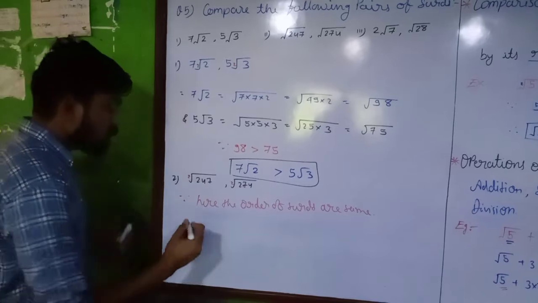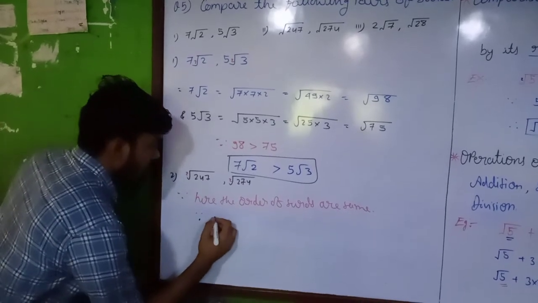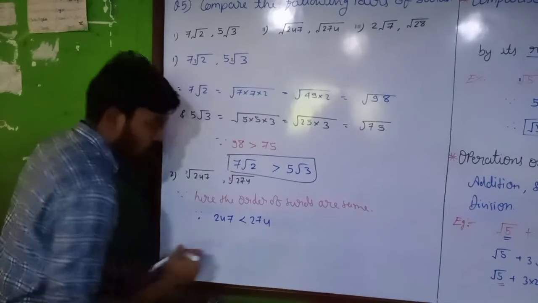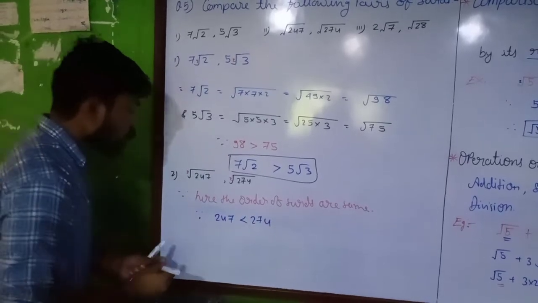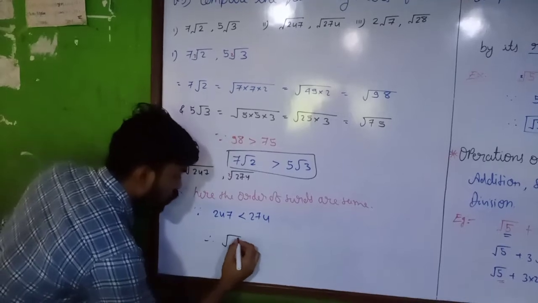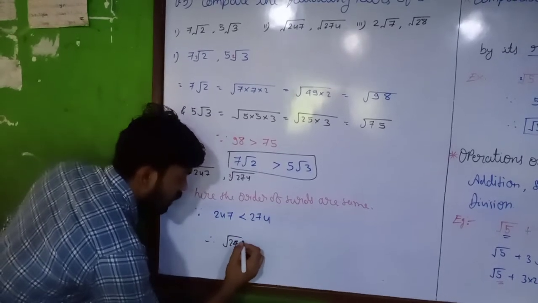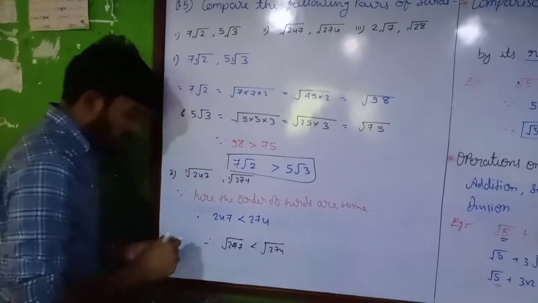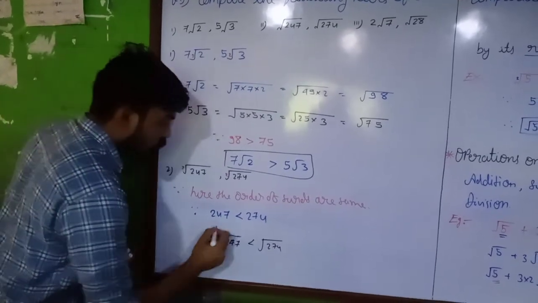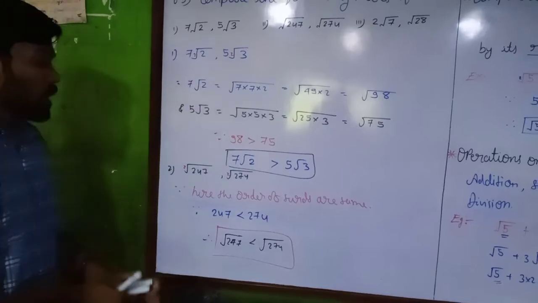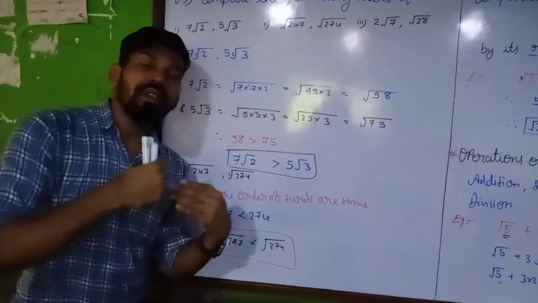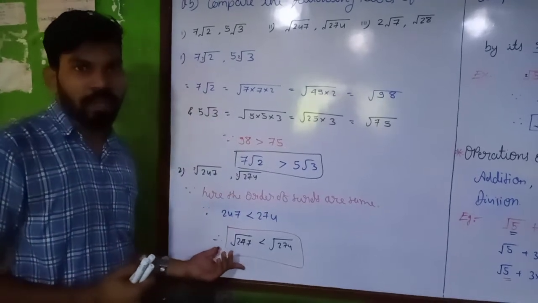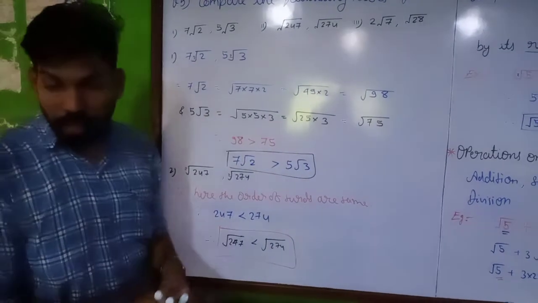Now on the basis of that, because 247 is less than 274, therefore we can say root 247 is less than root 274. This way we can do the comparison of these sums. If we have no number outside of the roots, we can directly write a statement and do the comparison. Now the next sum we have,